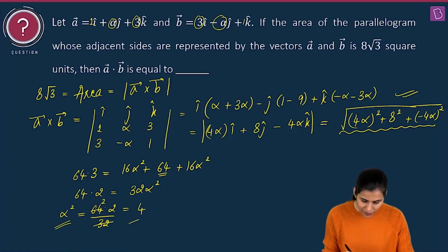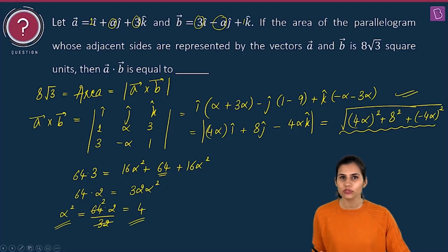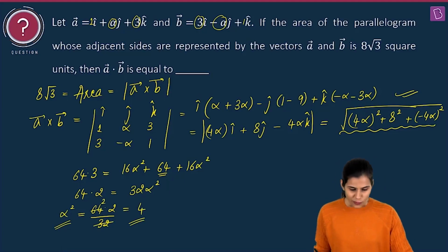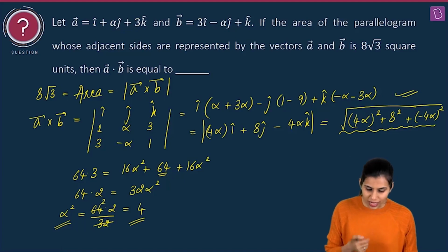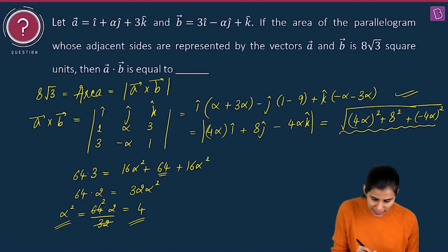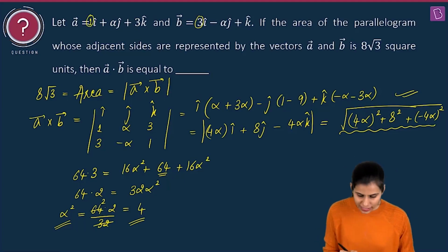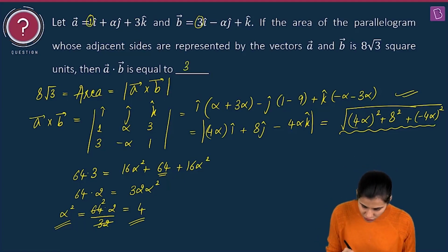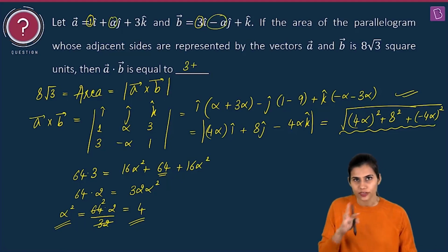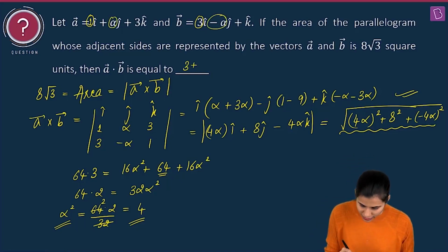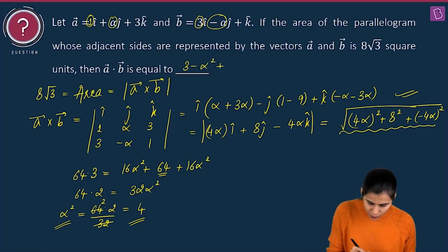How is the value of alpha square going to help me to compute A dot B? Well, let's see. You know how to perform the dot product of two vectors. You will have the product of their I cap components: 1 into 3 gives you 3, plus alpha into minus alpha, the product of the J cap components. This gives you minus alpha square, plus the product of the K cap components, which is 3 into 1, that is